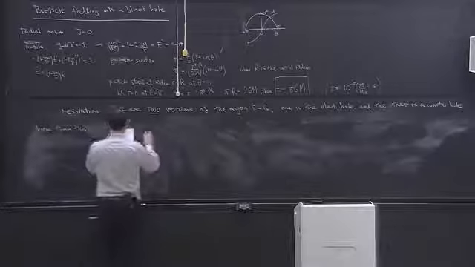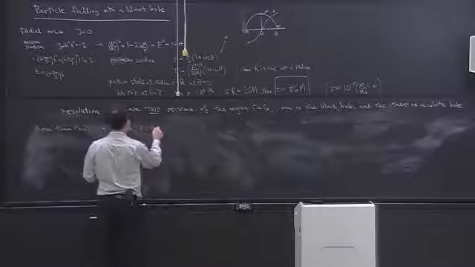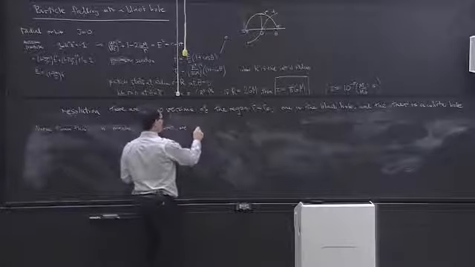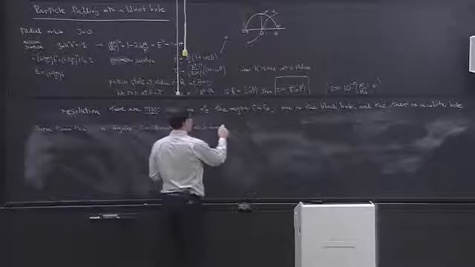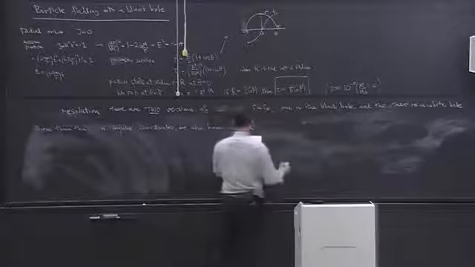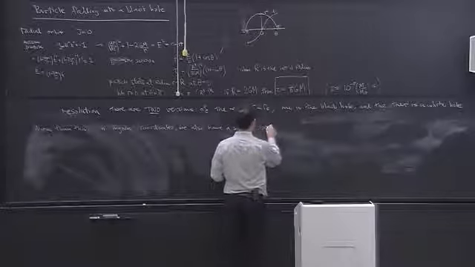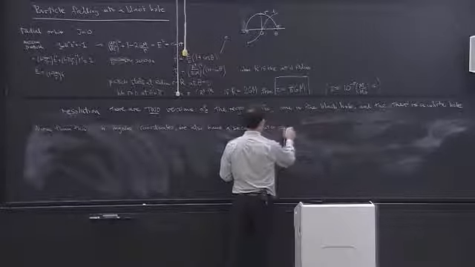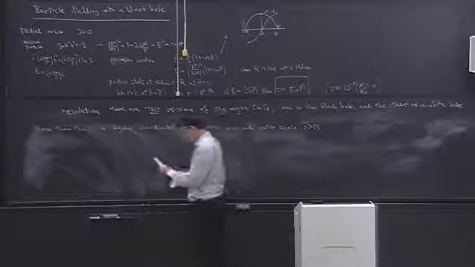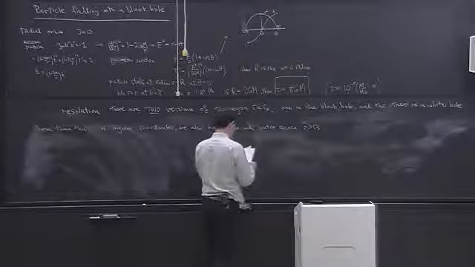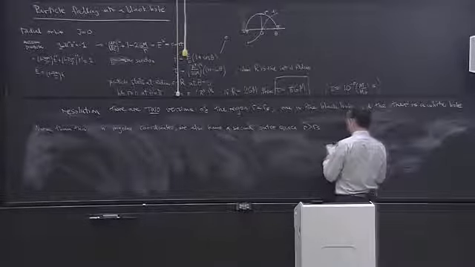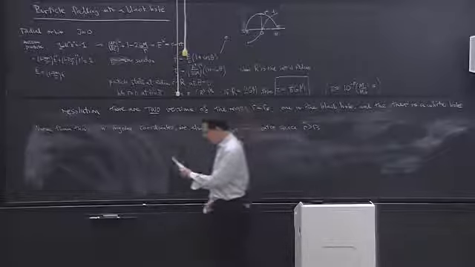In ingoing coordinates, we also have a second outer space, meaning R bigger than Rs. And to see that,